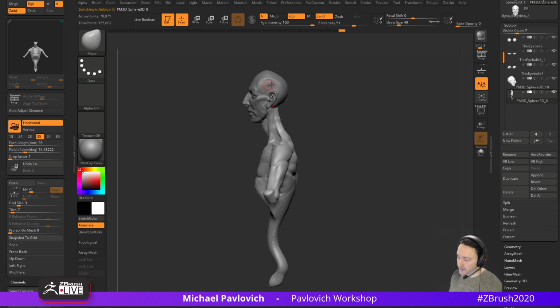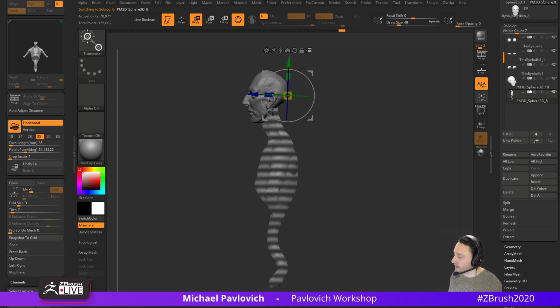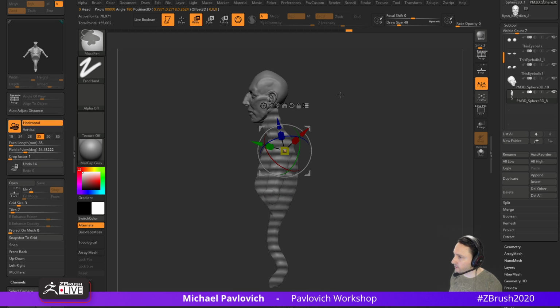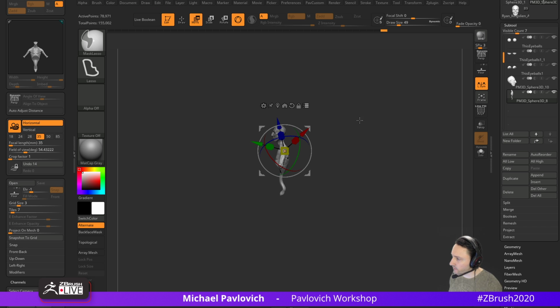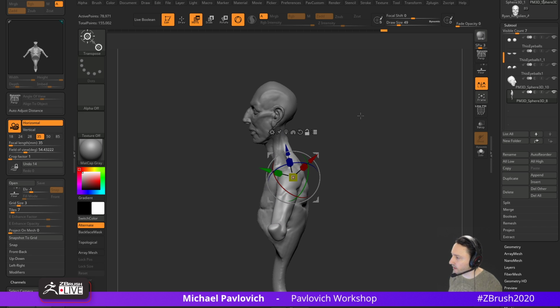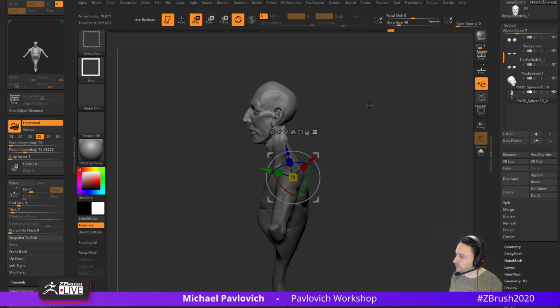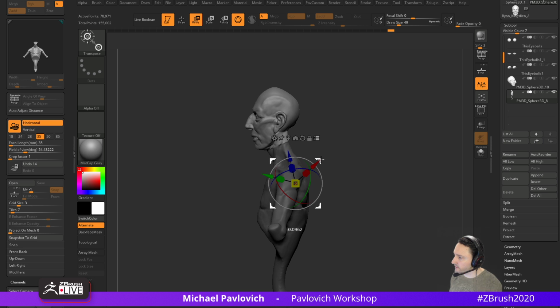And again, we were playing fast and loose with these proportions, so his neck is ridiculously long. If we want to fix that, we can just hit W, move multiple, and for the body, hold down Control Shift to unmask everything, then hold down Control and mask lasso the neck, and tap to feather that out a bit. Another thing you can do is back out, and that'll automatically give you a nice feathered falloff. Now we're going to invert that, and then move multiple, hold down Control Shift, and unhide everything, because now that we've masked,